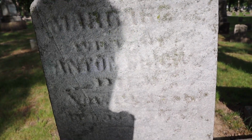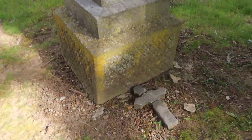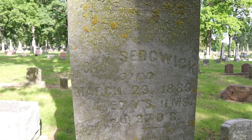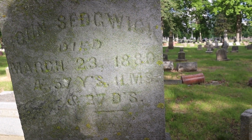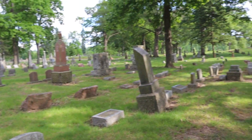Yeah, it's really difficult, and the sun just came out, and it's making it even harder. I'll try my best to get this when I get back. I should have enough parts by now that I'll have time. And an unfortunate broken cross here. There's the grave of something Sedgwick. What do we got here? John Sedgwick, 1880. Oh, March 23rd, 1880. And yeah, looks like we're about to do our first